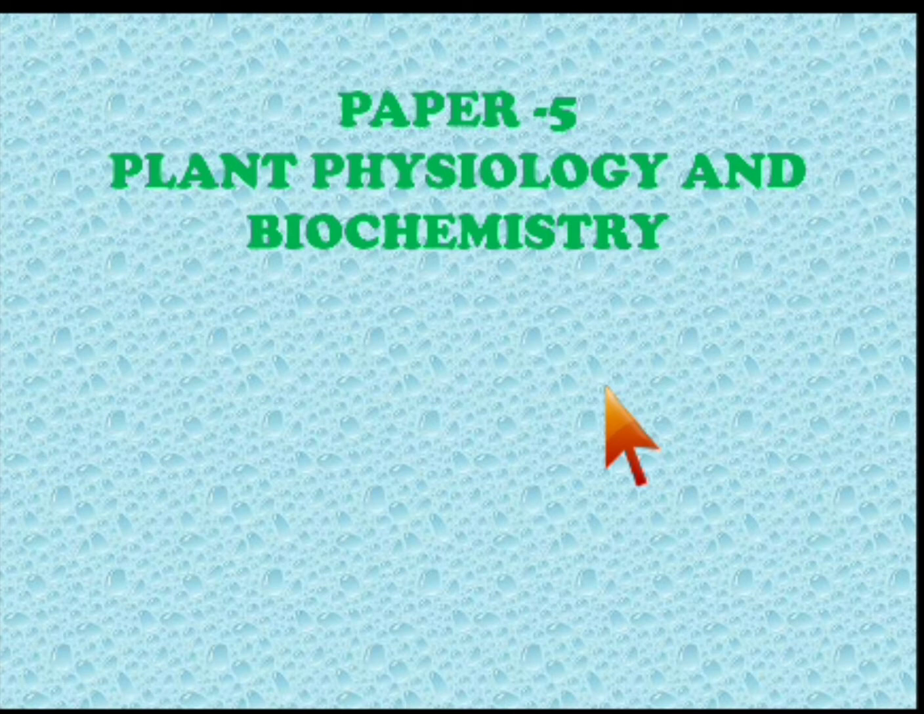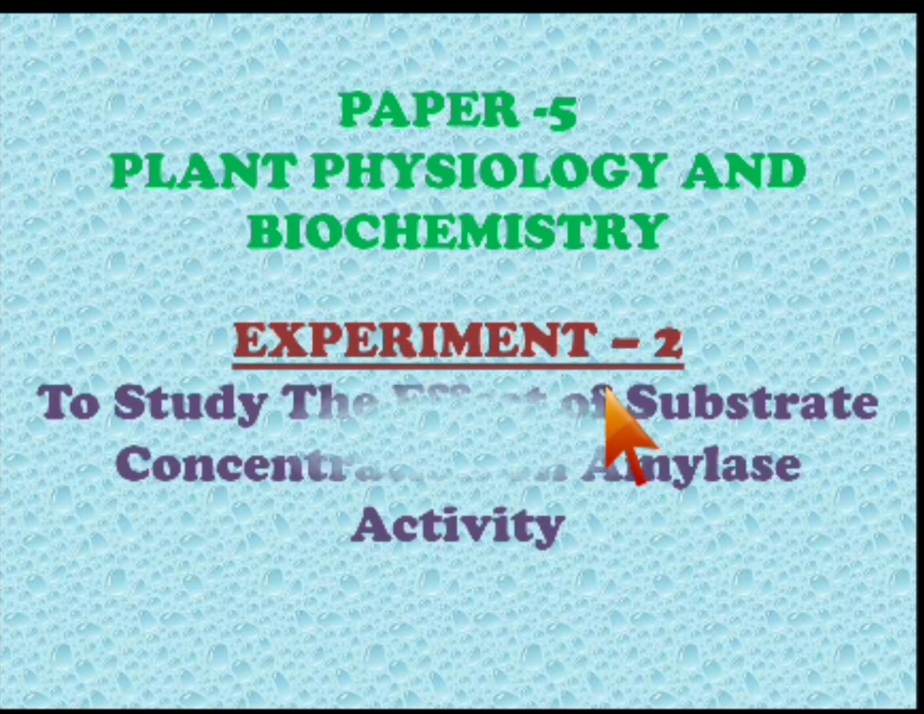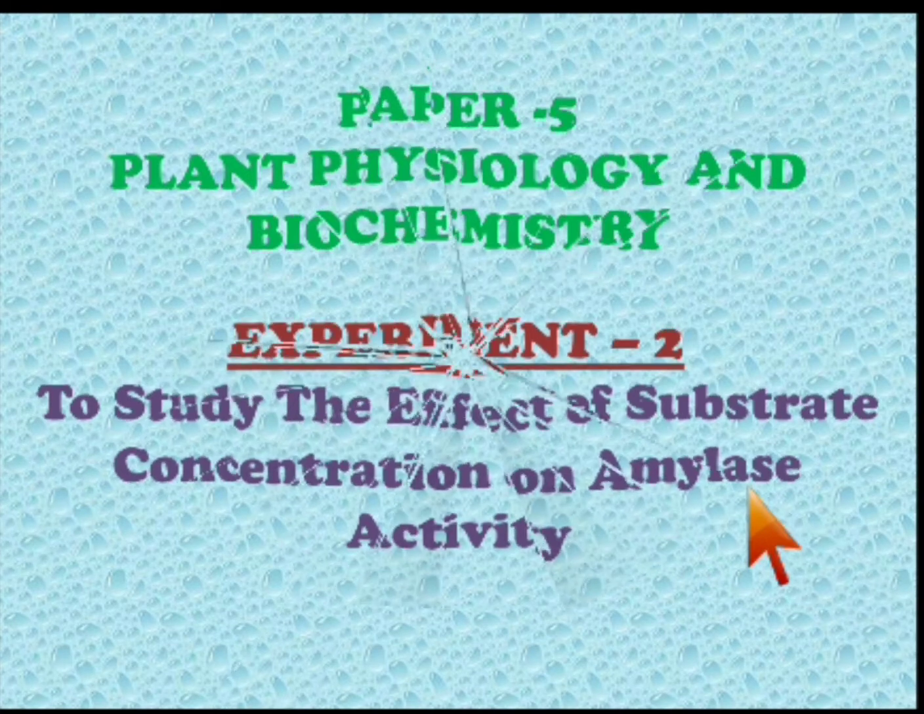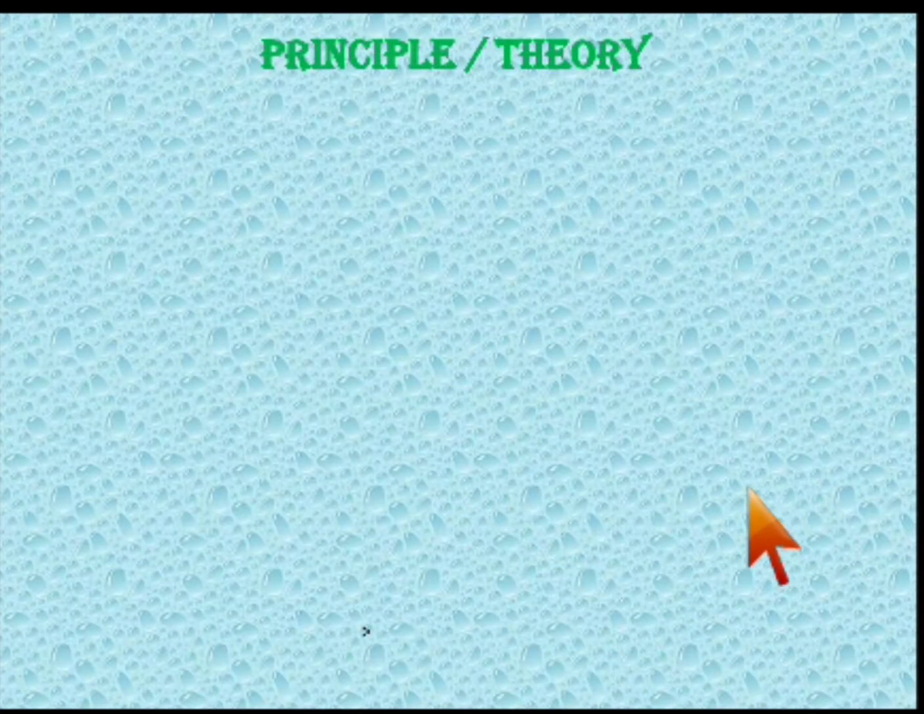Okay, in this experiment, we are going to discuss... This is also the experiment from paper 5, that is Plant Physiology and Biochemistry. So, the aim of the experiment is to study the effect of the substrate concentration on the activity of the enzyme amylase. As we already know,